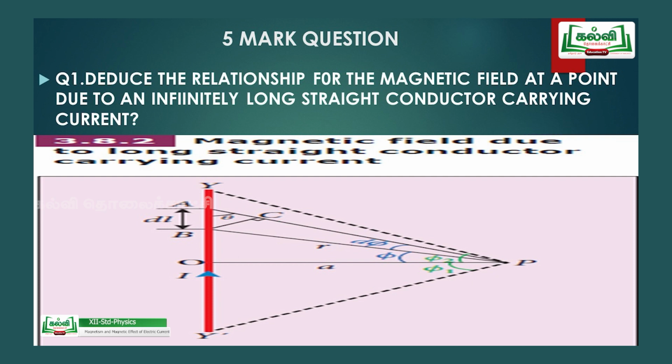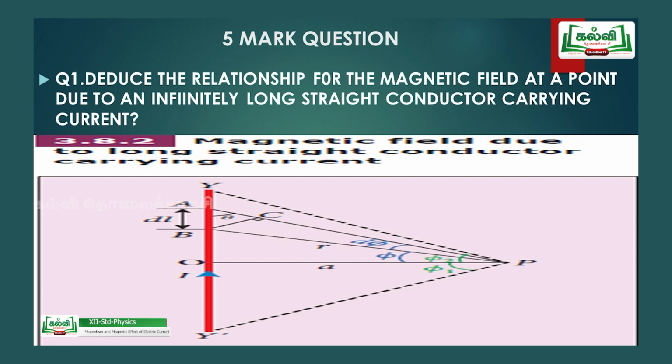So, now this is the diagram. The one which is shown in red color is the wire carrying current, and there is an arrow mark in that wire, that is the direction of the current. The point at which the magnetic field is to be calculated is P, and it is at a distance of A from the center of the wire. In this wire Y dash, we take a small elemental length dl, and the distance from dl to P is r. First we calculate the magnetic field due to the small elemental length dl at the point P. Then we will calculate the magnetic field due to the whole current flowing wire.